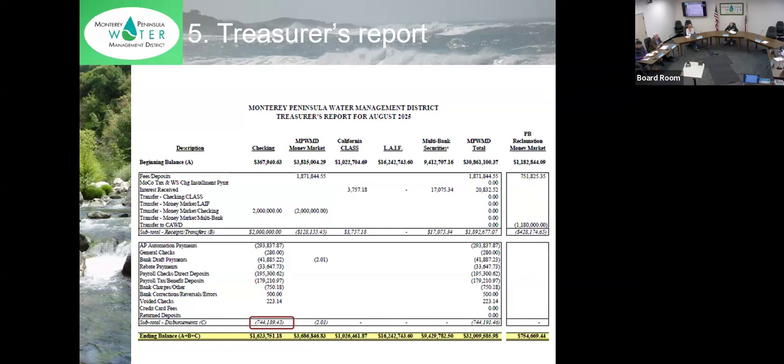Now, we will be bringing back a quarterly report for the first quarter of this fiscal year in the next FSC meeting. So that will provide a better understanding of how we're doing over the quarter. Most of our revenues have a lag of 1 to 2 months, so typically we don't see a lot of activity in the first quarter of the fiscal year. But expenses are on track, and revenues on the operating side we're receiving as expected. So nothing out of the ordinary at this point. And yeah, that's my report.